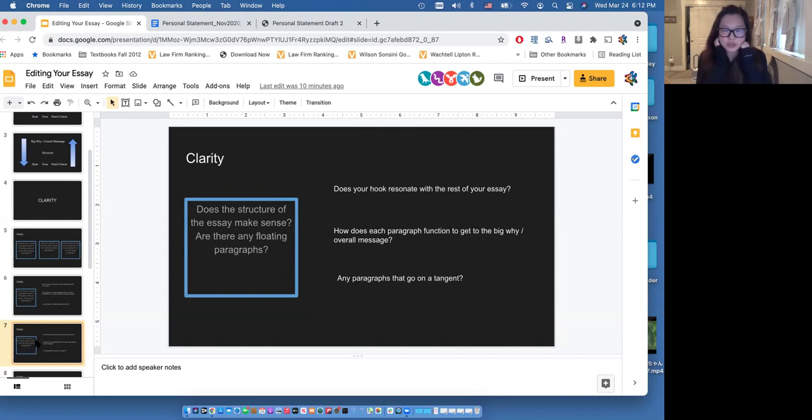Next, we're going to talk about structure. So how do we start editing structure? I like to ask this question, even for my own essays: does the hook resonate with the rest of your essay? A lot of times, we're like, oh, I know how I'm going to start my essay. I have this great episode that I want to talk about, and I'm going to put it in as a hook, and I'm going to hook that reader in. Sometimes it has nothing to do with the overall message. It has nothing to do with where your essay is going. And it becomes this floating story that doesn't connect in any way to the rest of your essay. So we want to make sure,